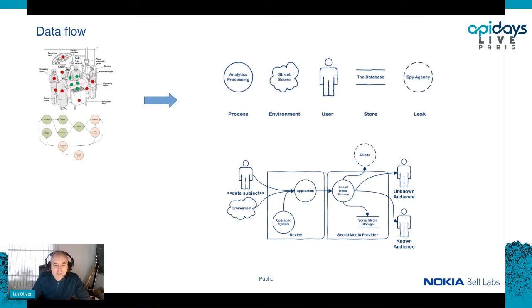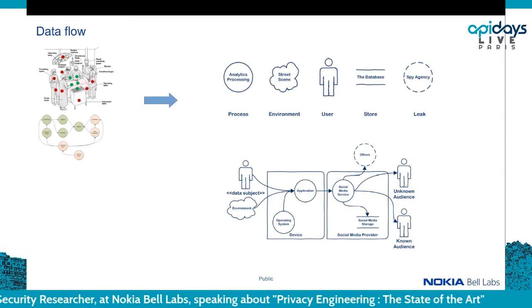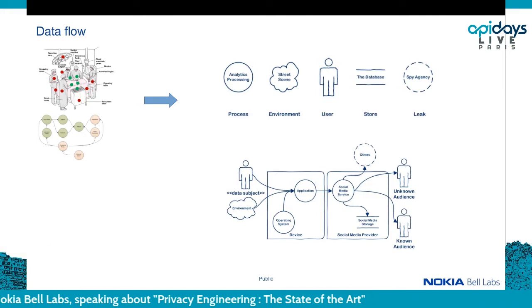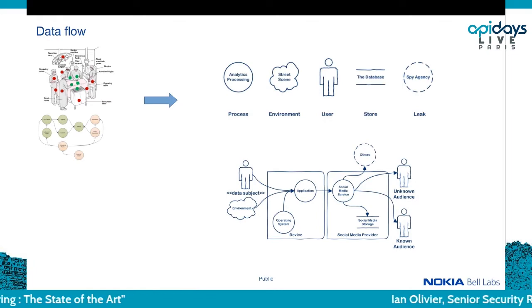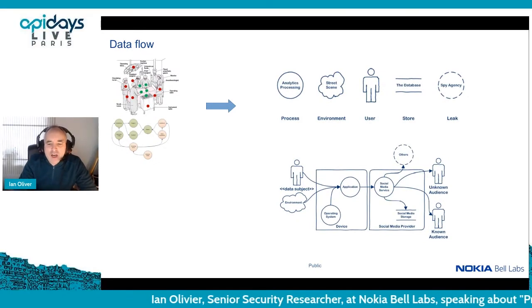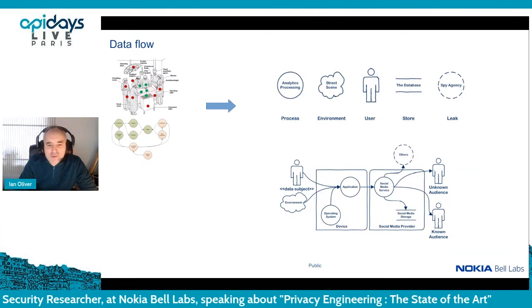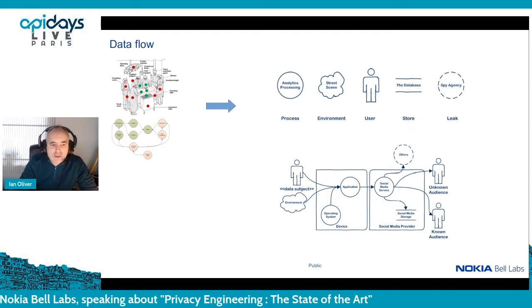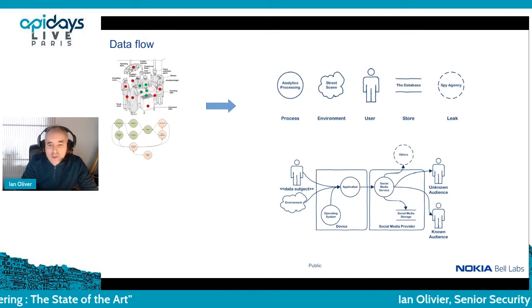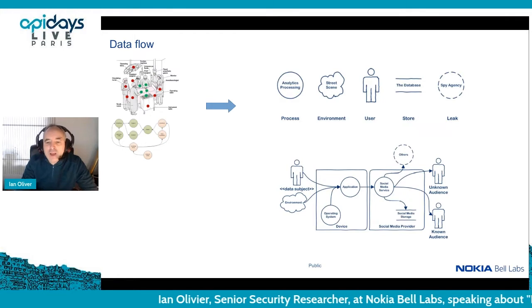between things. So it maybe didn't matter what was inside the device, but when you notice these data flows were crossing boundaries, say from the device to, in this case, the social media provider, then we could have a proper conversation about what information was allowed to flow over there and actually justify our decisions. And in this case, from this very simple model, this focused people on saying, look, if you're going to send any information to a third-party service, then there's going to be a known audience, an unknown audience. That third party is going to store the data, and it's quite likely going to push it out to some other unknown people. So